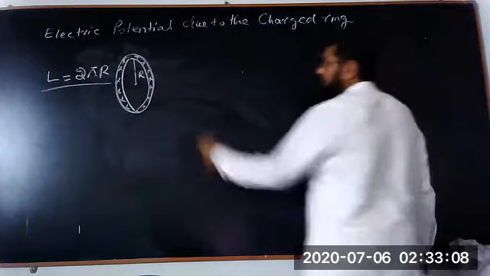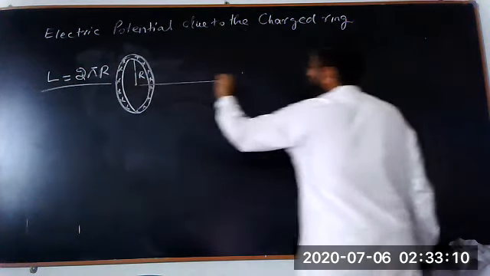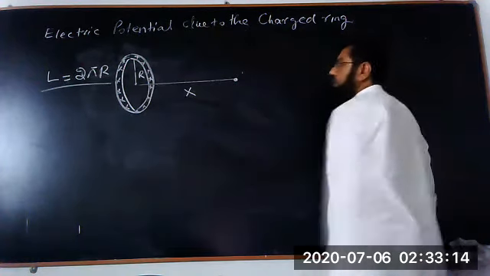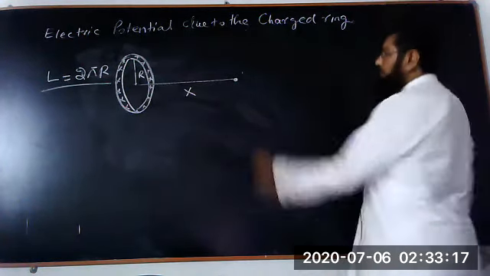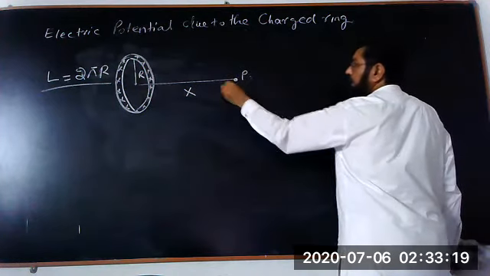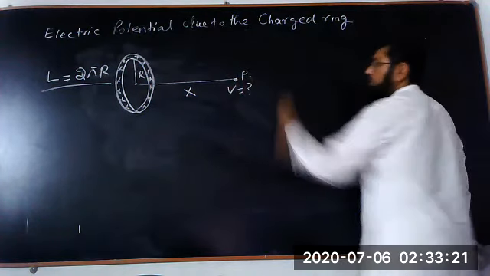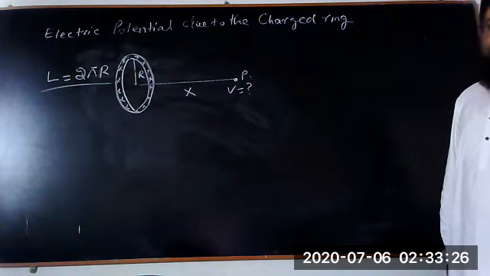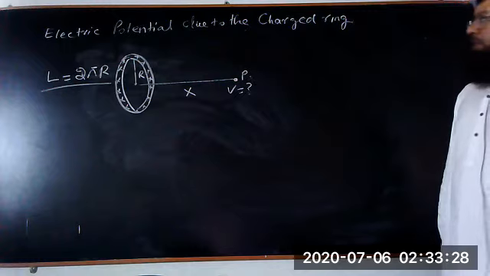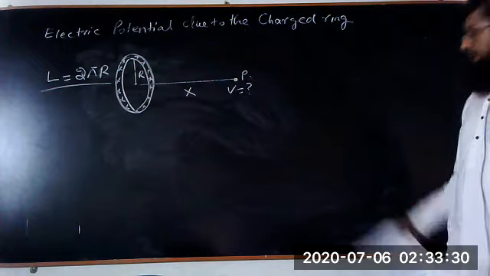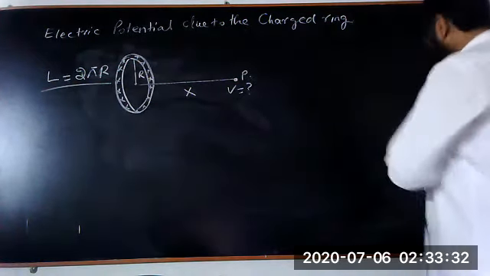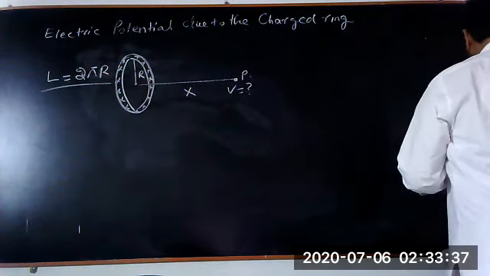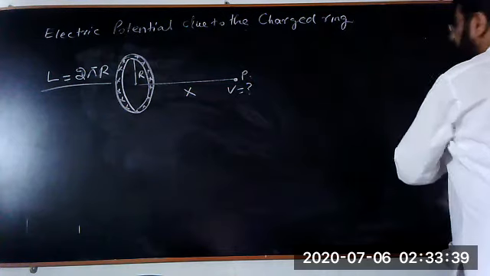So now we have to calculate, this is the distance where we want to calculate. Let's say this is along x-axis, we call it as the x. We have to calculate at a point P what is the potential over there. यहाँ पे पोटेंशियल कितना है ड्यू टू दिस चार्ज रिंग, हमें ये चीज कैलकुलेट करनी है. किस तरह से कैलकुलेट करेंगे? लेट्स से if we say that the total charges on the ring is the Q,